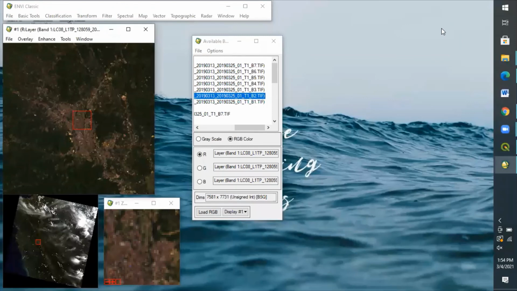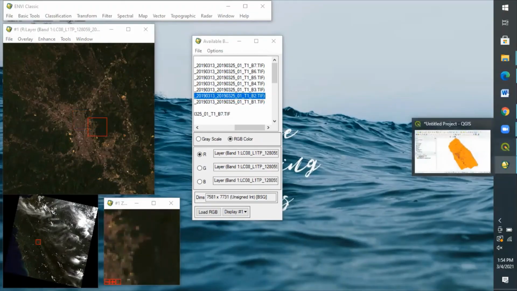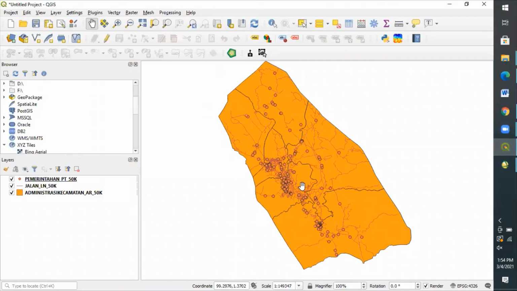Okay guys, maybe that's all about the tutorial on how to download raster and vector data. For some quick review, this is one of the Landsat satellite imagery results that I've talked about, with all the bands. And this one is the vector one, with an example of polygons as the boundary, the polygon as the city area, lines as the road, and also points for specific buildings.